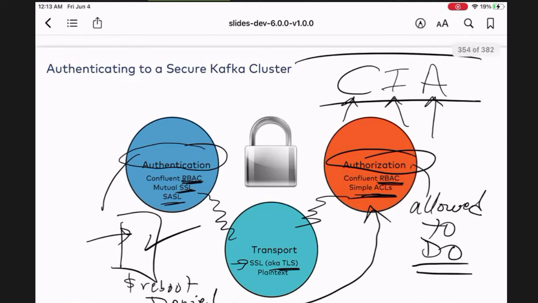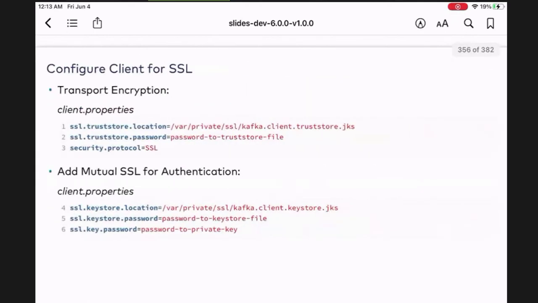So think about these as the things we have. And this part, we don't really teach you security in this class, it's just a basic overview to know that, hey, if you're doing SSL, you have to understand how certificates work. What is a certificate authority? What is the web of trust? How do you create the certificate signing request? How do you send it to the certificate authority to sign? Where is the certificate going to be stored? And then once you know all that in Kafka, you see the trust store.